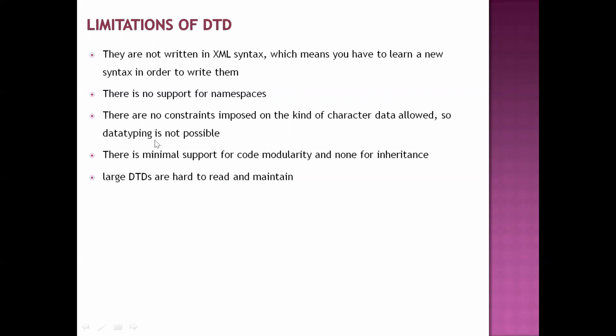And one more important drawback is here data typing is not possible. There is no built-in data types. What kind of data it is, it may be a number type or it may be a character type, or what kind of data it is, we will specify whether it is either PCDATA or CDATA.